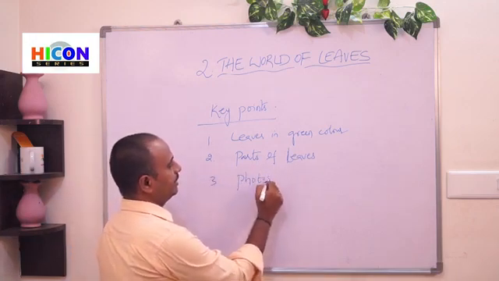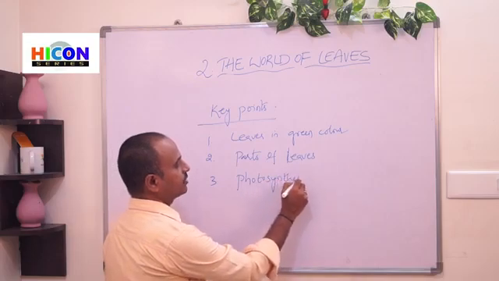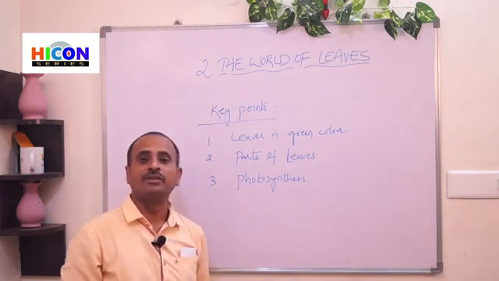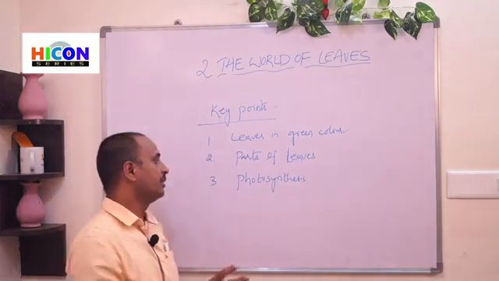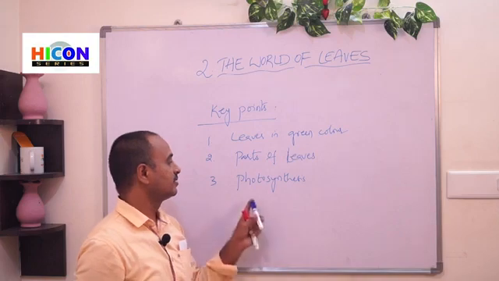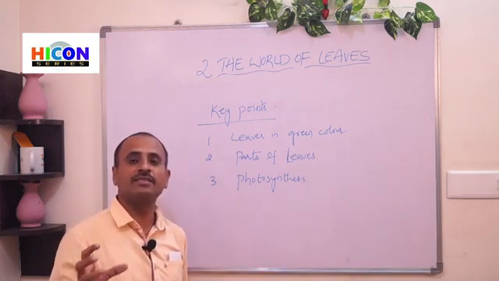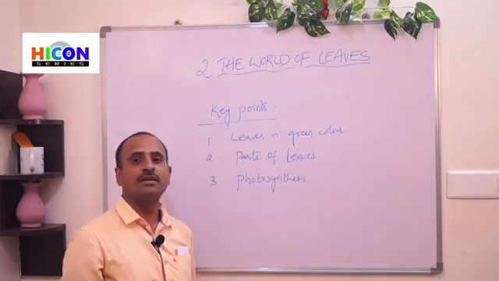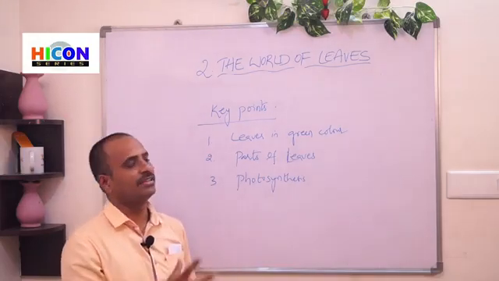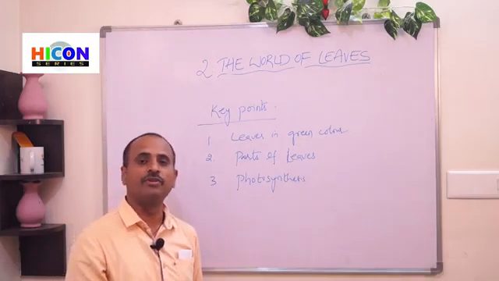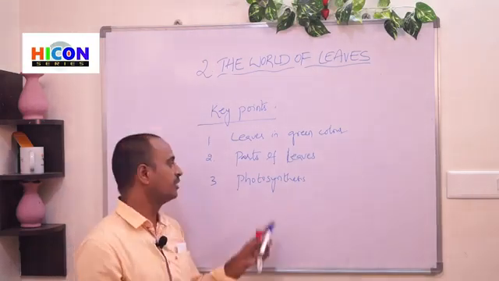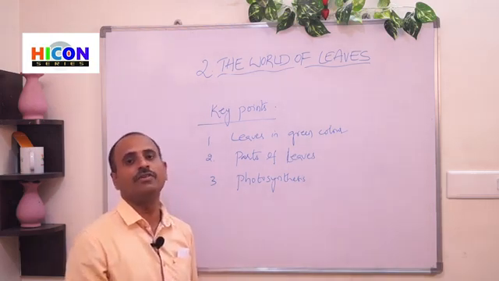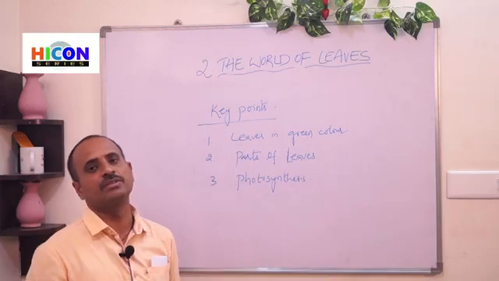Another one is the photosynthesis process. The important point we have discussed in this chapter is photosynthesis. Photo means light, synthesis means combination. Leaves prepare food by using the process of photosynthesis. In this process, the leaves mix the water, minerals and carbon dioxide present in the atmosphere with the help of chlorophyll, and in the presence of sunlight, they prepare food and give out oxygen. This oxygen is helpful for all living beings like animals.